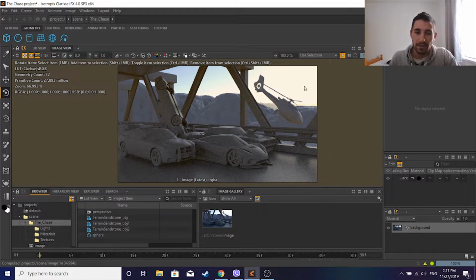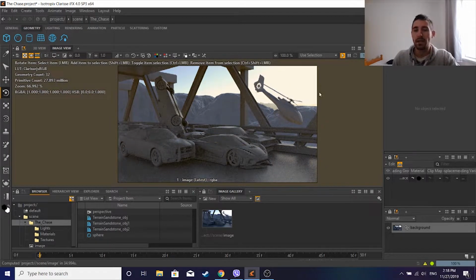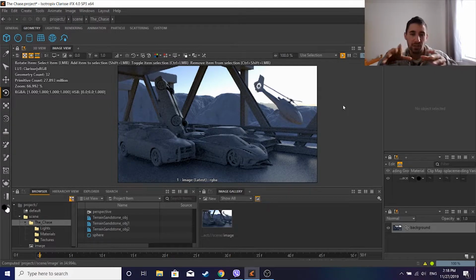Also, I like to show that the sun comes from this direction here, so it lights up the bridge, and it's some kind of sunset or something like that. Pretty close to sunset, I can say. That kind of mood of the scene I like. So a lot of yellowish color, a little bit of oranges. Something like that I want to compose in the final image, so that's going to be the color grading layer